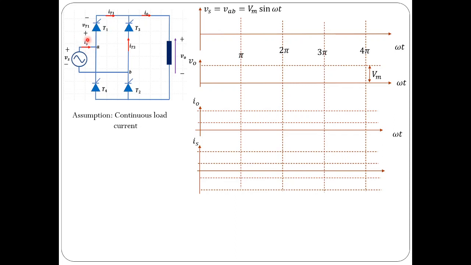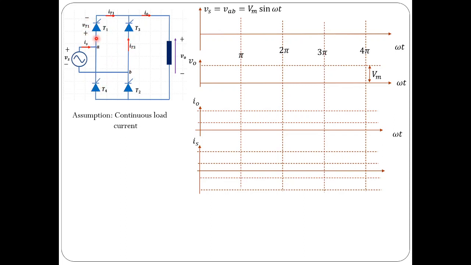Now there are 4 thyristors which form a bridge. So in fact the bridge converter will have 2 arms. In each arm we have 2 thyristors. So T1, T4 in one arm and T3, T2 in the other arm. Now voltage across each thyristor is taken as VT1, VT2, VT3, VT4 respectively for T1, T2, T3 and T4 thyristors. And always polarity of voltage across a thyristor is taken this way, that is with anode positive and cathode negative. Current through each thyristor, from anode to cathode, is taken as IT1 for thyristor 1 and IT2 for thyristor 2 and IT3 for thyristor 4 and IT4 for thyristor 3 respectively.